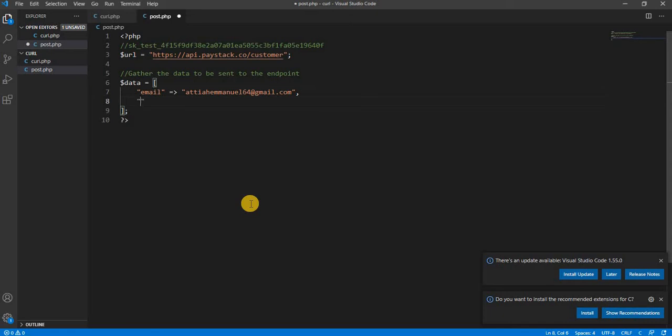And then the next thing that I need is going to be a first name, and this is how they wrote it. So this is going to be a first name. And to create the first name, I'm going to put that right here. So let's say that the first person's first name is going to be this particular name right here, and I'm going to introduce a comma right here, and then on the next line I'm going to create the last name. So this is going to be last underscore name, and I'm going to put that right here. So let's say that the person's last name is going to be Emmanuel,